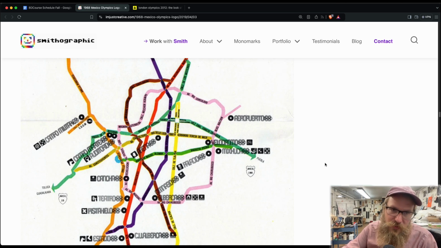The typeface brings in unity and immediately makes you know that this is an Olympic event. You can see some of these icons, which are a little small here. We'll get a closer look at those icons. And then, of course, the use of color. And so much of this in the sense of metropolitan area navigation was so good that cities adopted it later,